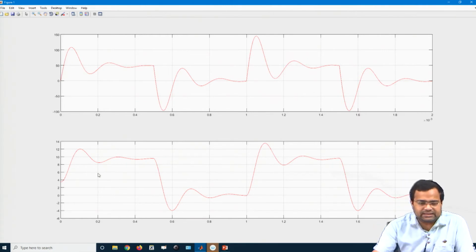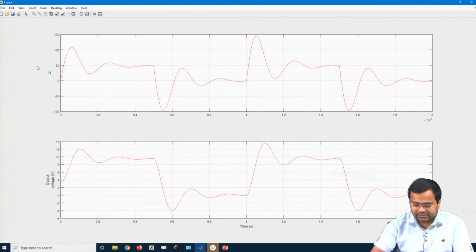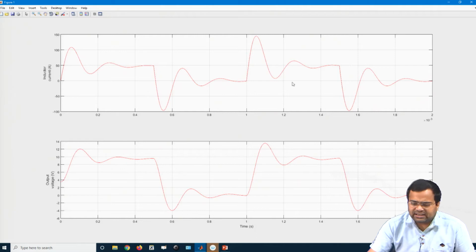If we select this channel, we can insert the x label as time in seconds, then the y label, which is my output voltage in volts, and on this channel if we select, then we can add inductor current, and since they have the same time axis, it is not necessary, but if you want you can also set the x label for this also, time in seconds.